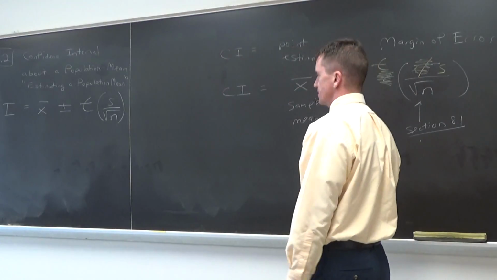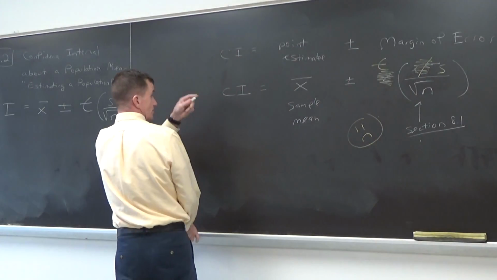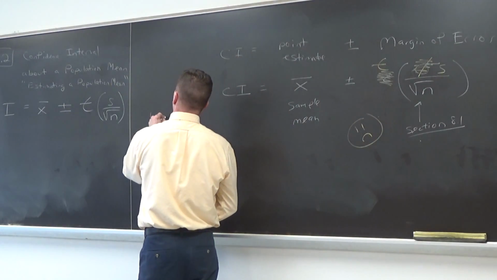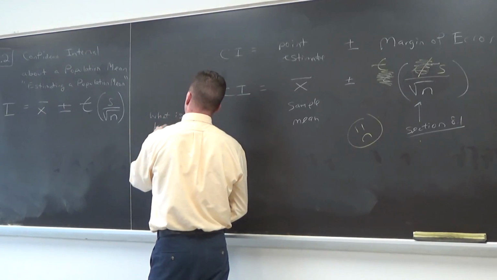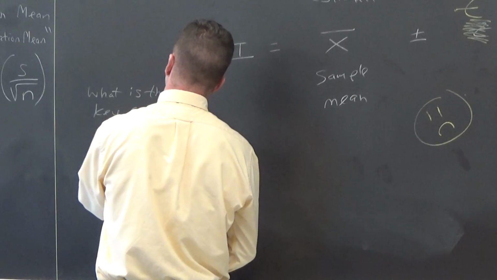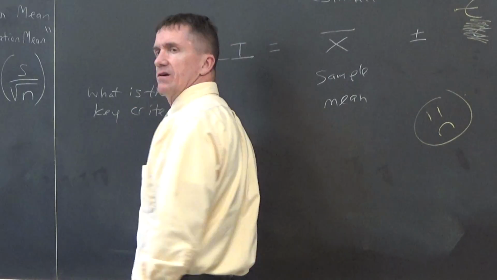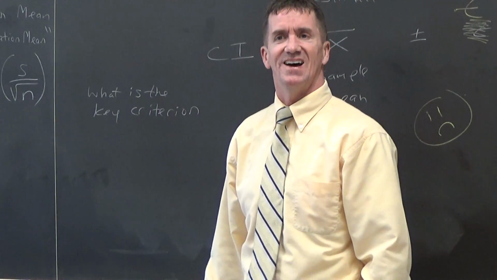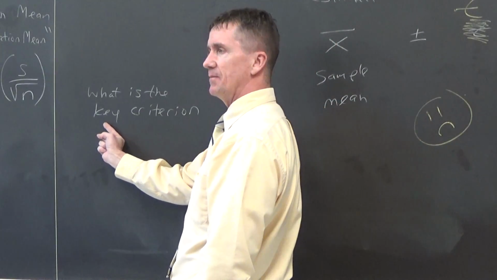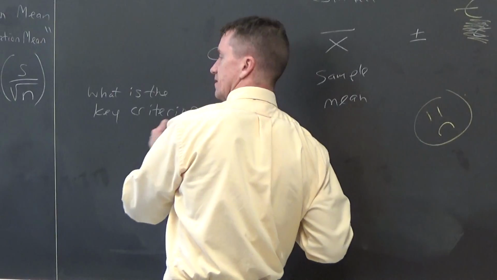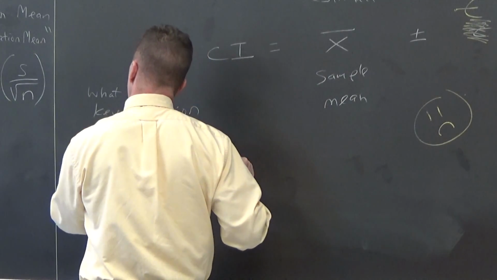And we're going to come up with the answer. And then we'll finish this up. All right, what is the key criterion? Yeah, criterion, and you can just go reason. What's the key reason? What's the most important reason? What's the paramount reason? What is the key criterion for using